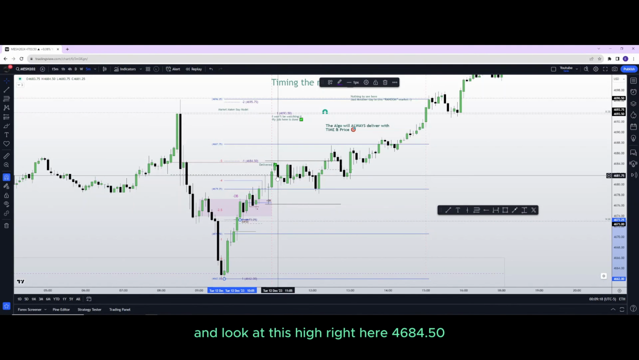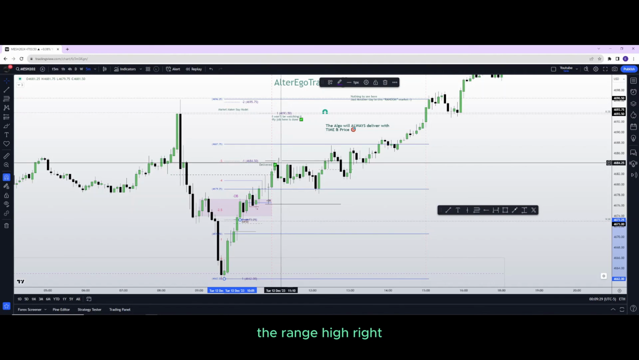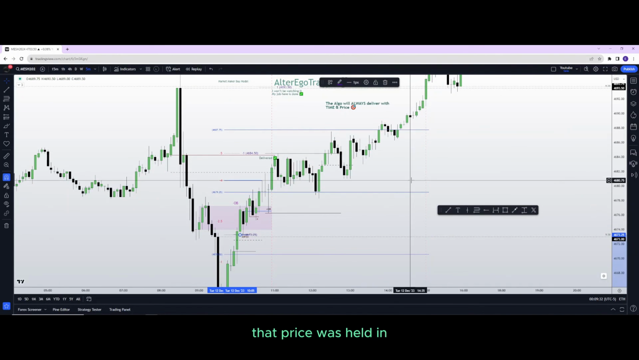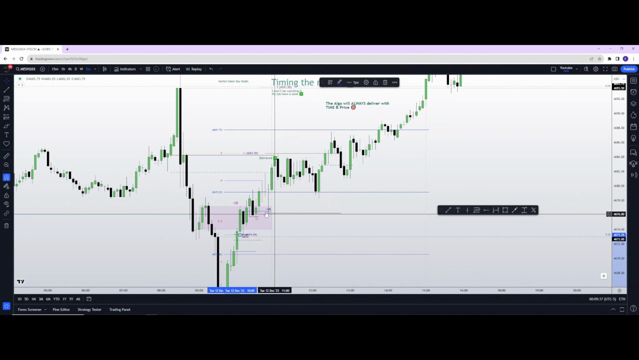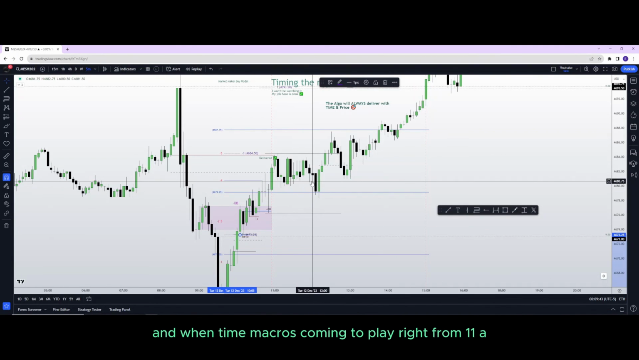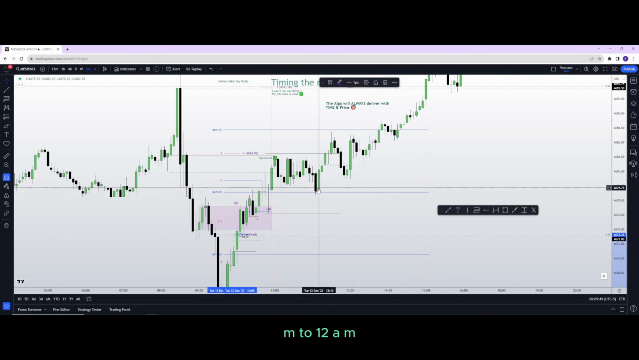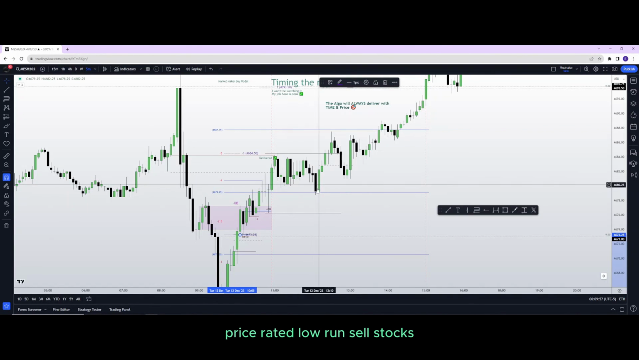And look at this high right here, 4684.50. That's perfection. All right, and well, this high right here is just me denoting the range high, right? The daily range high that price was held in for an hour of time distortion, and that's the daily range low for that. And when time macros come into play, right, from 11 a.m. to 12, right, it was being held, and at 12, which is the lunch hour, price creates a low,